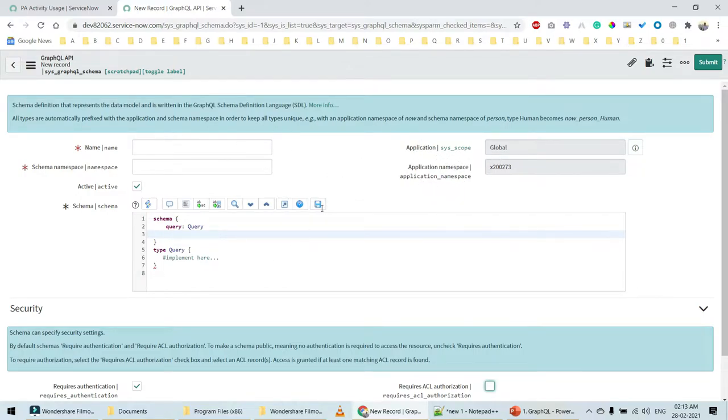On the GraphQL, we will have the application namespace. This application namespace is common for one instance. As this is my personal instance, for all the different types of APIs within GraphQL, I will have a single namespace, which is this one. So let's create the GraphQL API by giving a short name. We'll call it incident